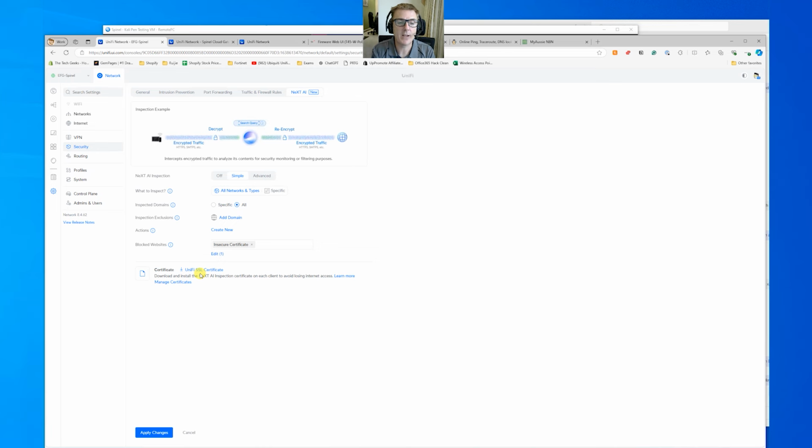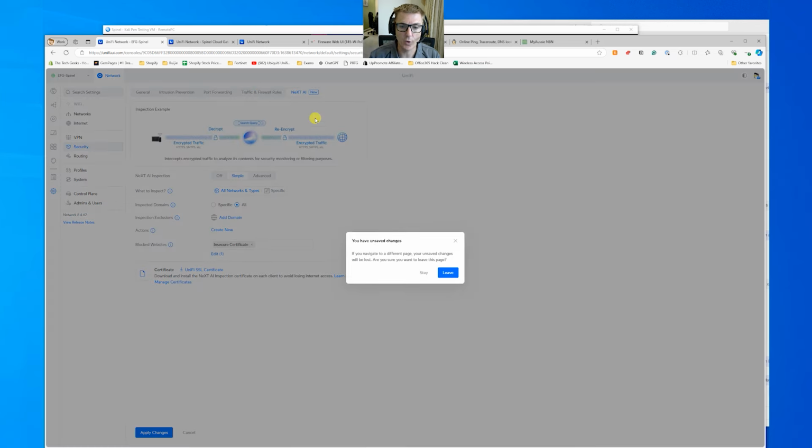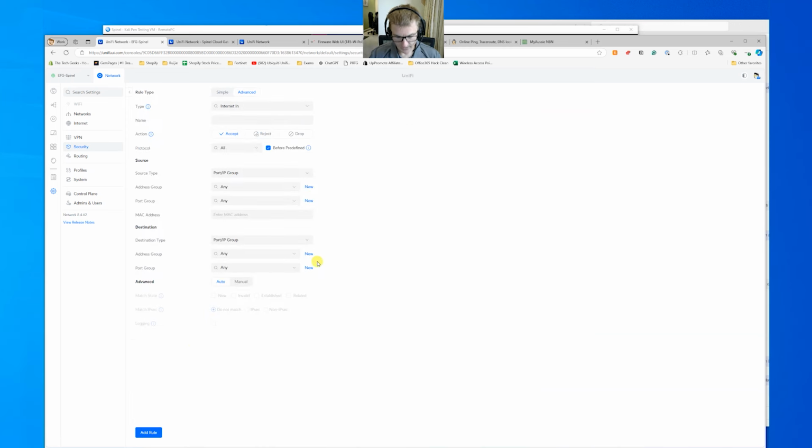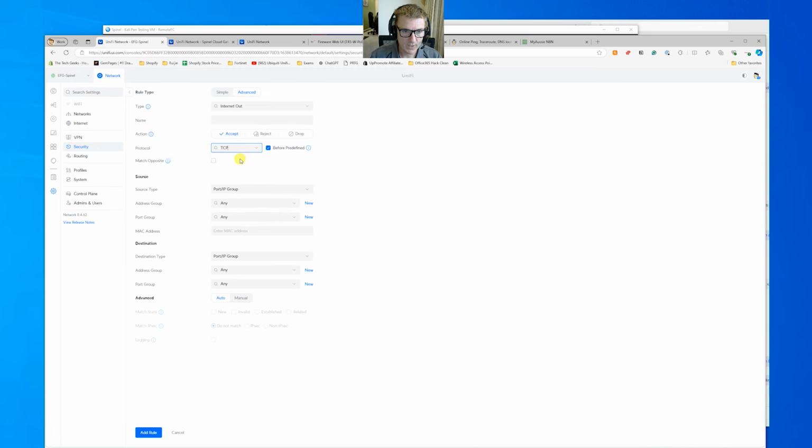It is a little bit short in its comings here, where before we would be able to write rules around it. I'm pretty sure that if we, for other vendors, for instance, we'd be able to create an internet out rule. So if we check and do an internet out rule, that we might be able to avoid this. Let's have a look, source port group, destination. So you might be able to get round it if it was, and you actually created a specific port group